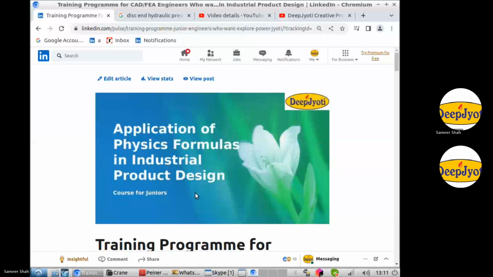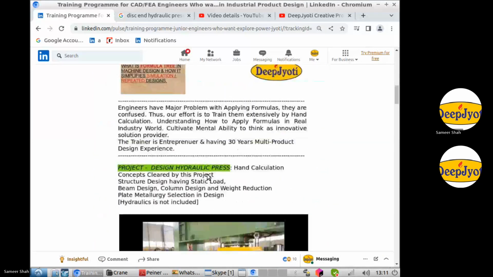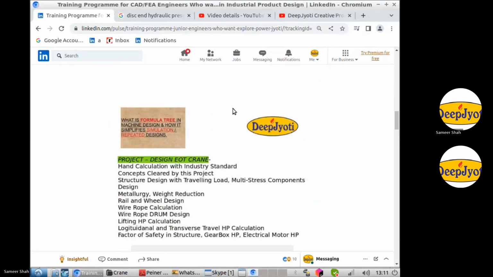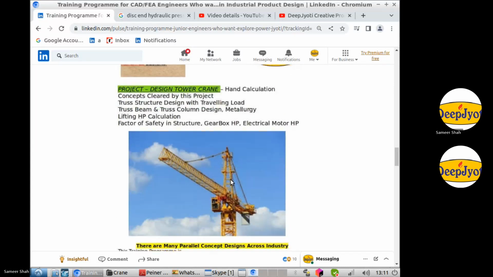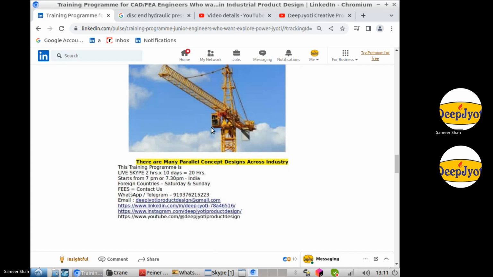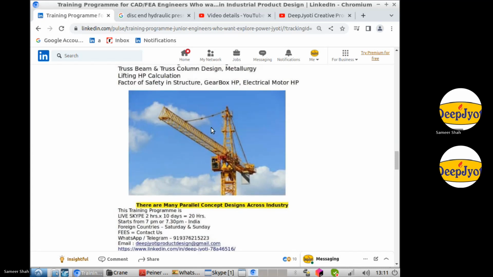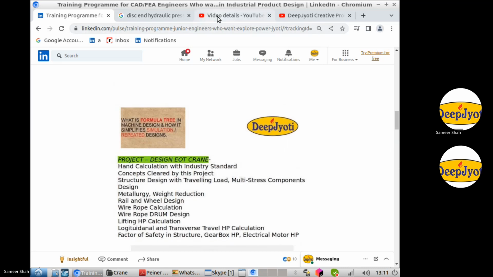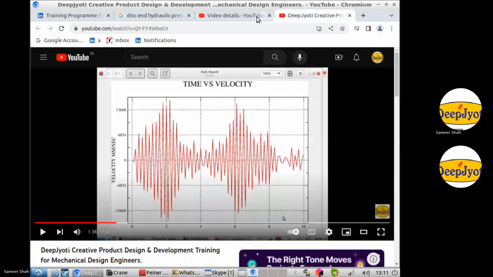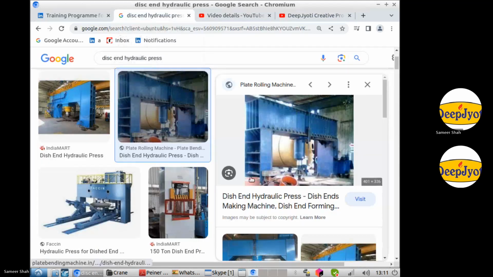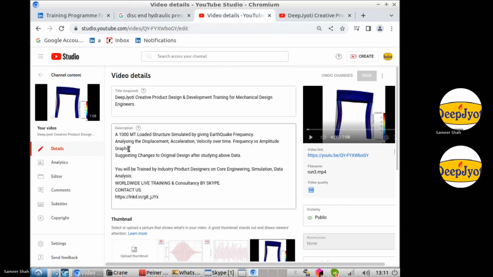In the first three projects, we discussed the dead end press, EOT crane structure, and tower crane structure. Now, in this particular video, we will discuss more on columns. What will happen if I am giving some frequency at the bottom? What will happen to this column, the entire structure? So we have done some FEA analysis. A 1,000 metric ton loaded structure, simulated by giving earthquake frequency,